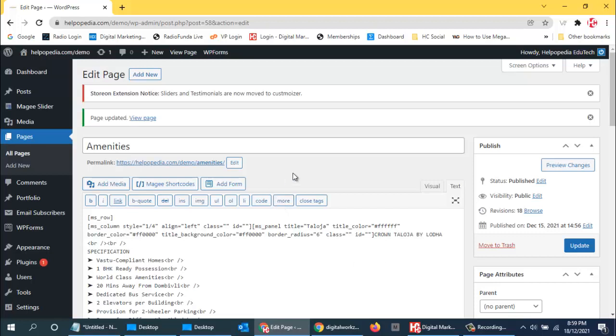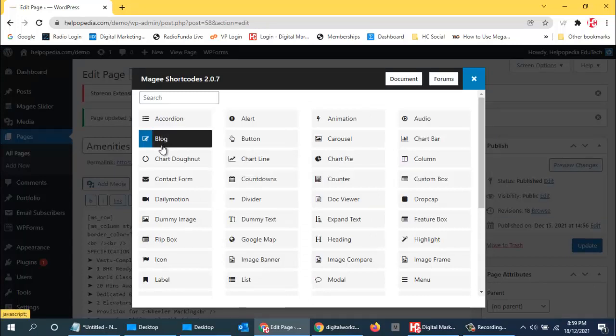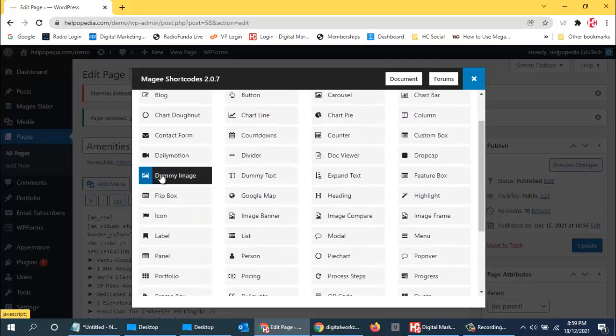So you can create multiple columns, and in those columns you can add images. Automatically it will take the shape of those sizes. Automatically it will create the sizes, and the images will fit automatically. So that also you can use. There are various options that you can use over here. See, this is also there, then logs, then charts, then forms, Dailymotion, these are the videos that you can use. See over here, dummy image. So these images also you can use. Then some text is also there, expand text, featured box. So featured box also you can use. So this is a good option.